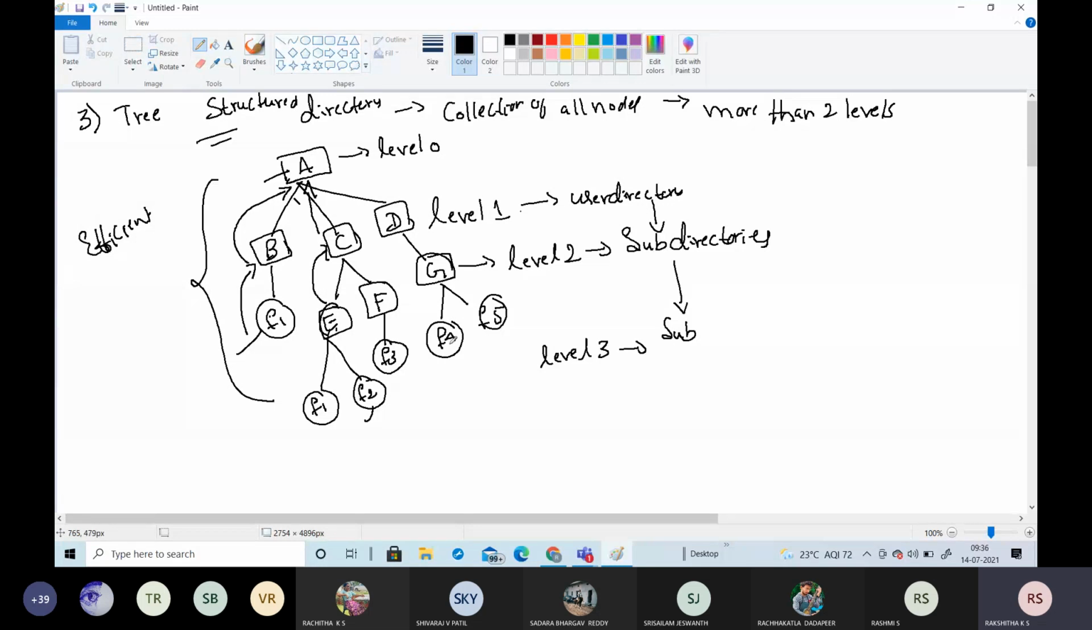If I need to search my file, I do not need to look into all these directories. Directly I can look into the G. This is the parent for this F4, and coming to the G, D is the parent for the G. And coming to this D, A is the parent for the D. Okay, so in this efficient manner, we search whichever file is required